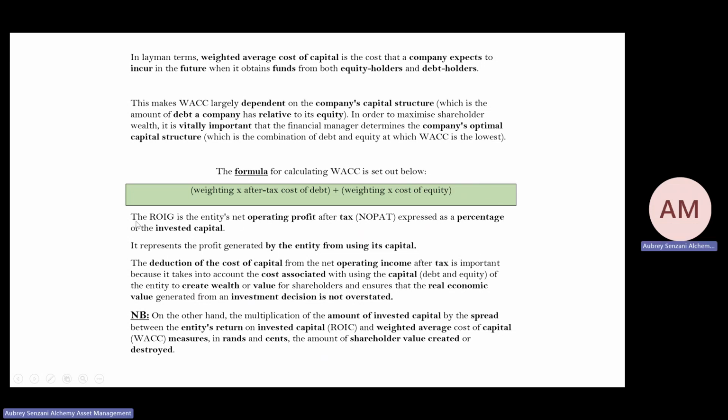There I can see I've written ROIG. That's just an error. It should be ROIC, which is return on invested capital. So take the time to read through this. I'm sure it will be of value. Once you understand those various components, it will be easier to calculate